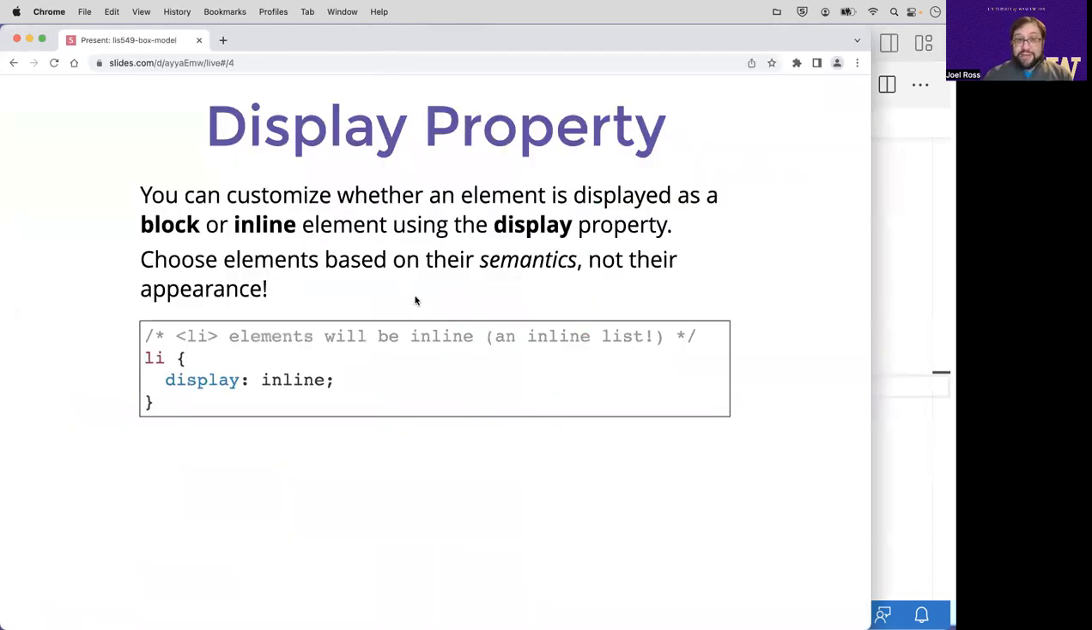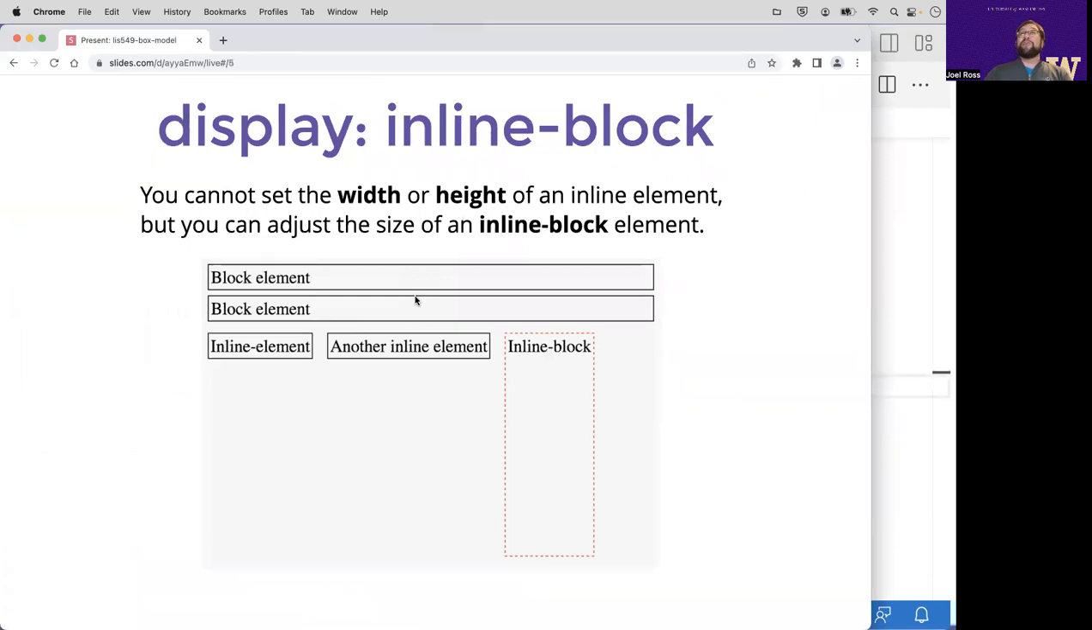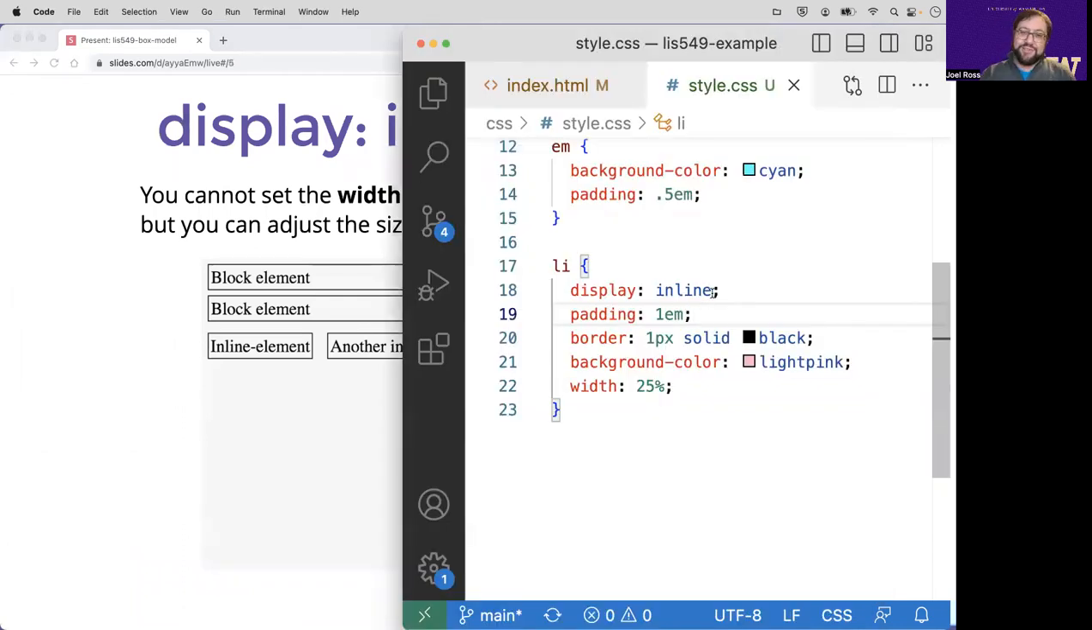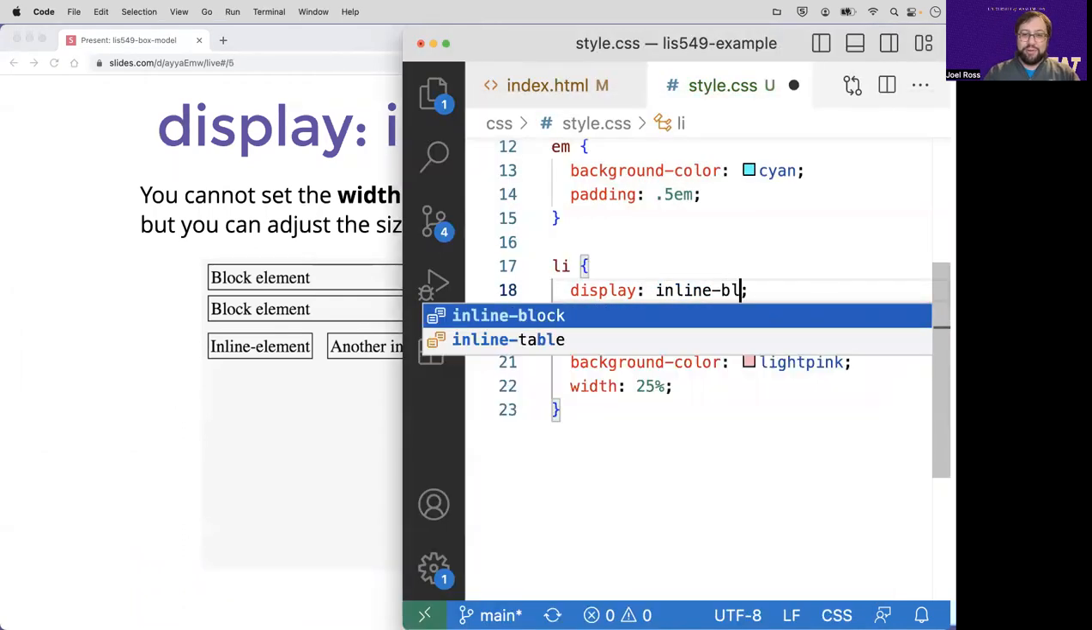There is a workaround for this. If I do want to give a width or a height to an inline element, there's actually another display property value you can give it called inline-block, which is basically saying make it an inline element, but lets you specify the width and the height at the same time. So if I make this thing be an inline-block element,